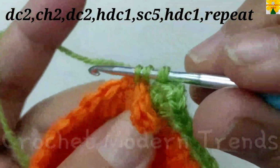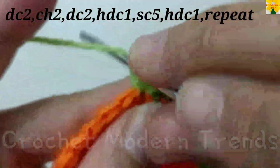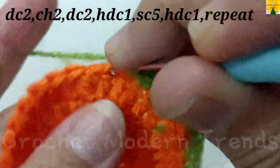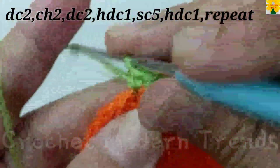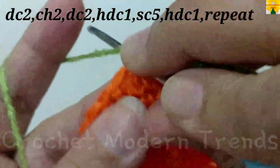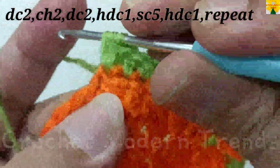half double crochet 1, single crochet 1, 2, 3, 4, 5. A half double crochet, double crochet 1, double crochet 2,